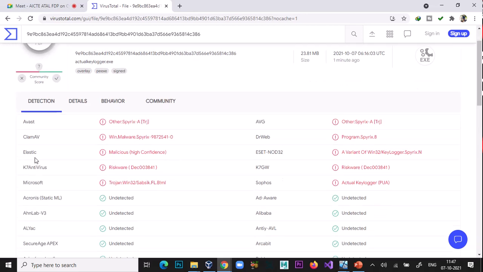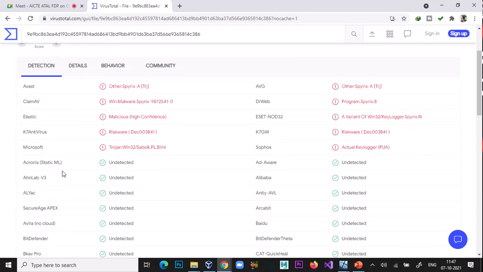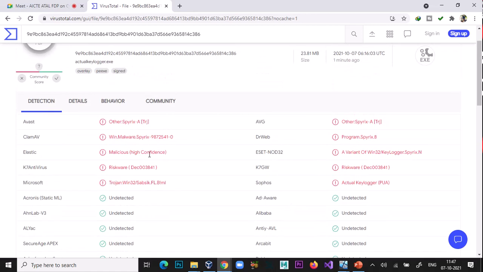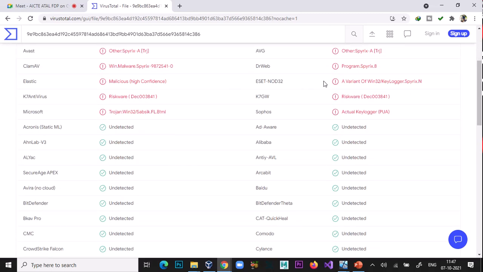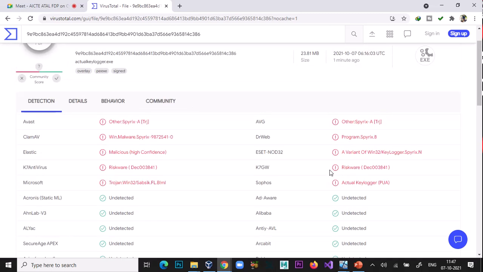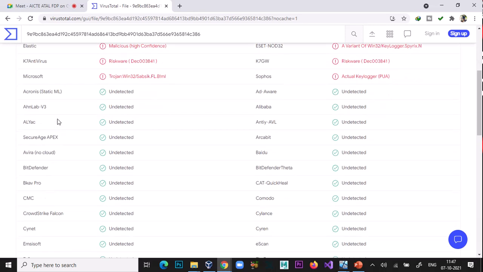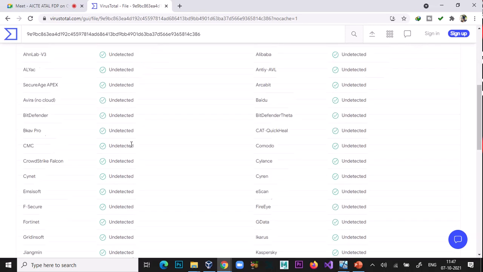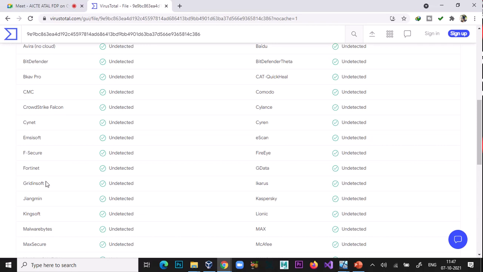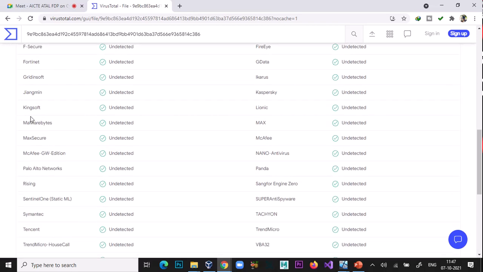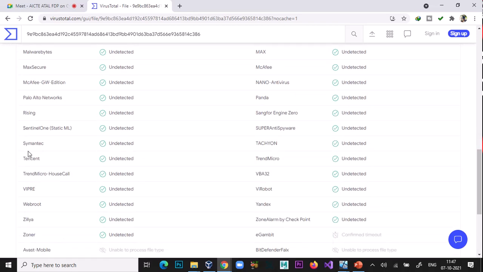Avast, ClamAV, Sophos, K7 and Microsoft claimed that it is a malware kind of thing, but the others said this is undetectable. So if you are using Symantec antivirus on your system, that kind of virus comes to your system easily and compromises it.